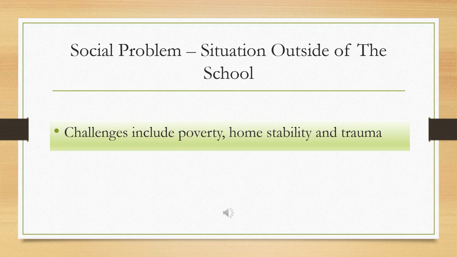Outside of school, these children and adult learners face many challenges that will impact them at school. Some of these challenges include poverty, home stability, and trauma. Poverty routinely excludes children from participating in both school and community activities. In school, students coming from poverty are unable to consistently gain the better learning opportunities, and their experiences suffer because of this. For children and adults in these situations, adjusting to the requirements of online learning is a greater challenge.